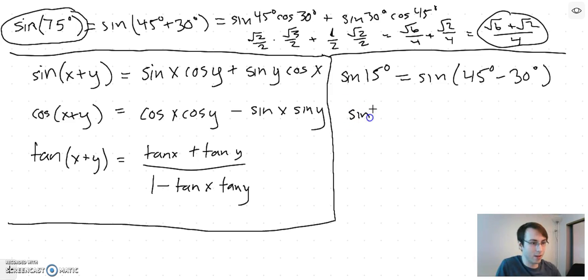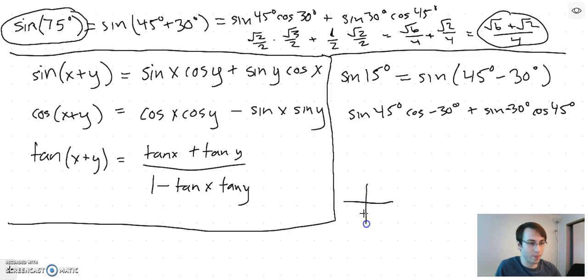So sine 45 cos negative 30 degrees plus sine negative 30 degrees cos 45 degrees. Now, cosine of negative 30 degrees is the same as cosine of 30 degrees,